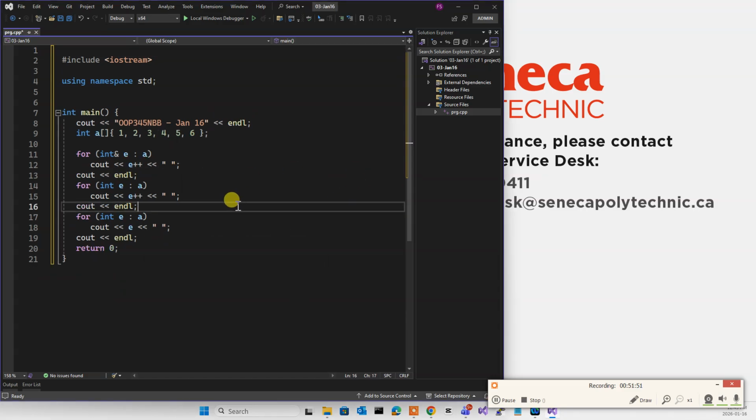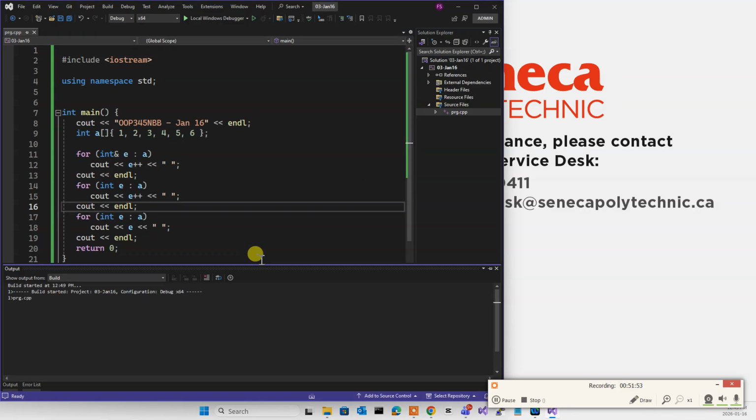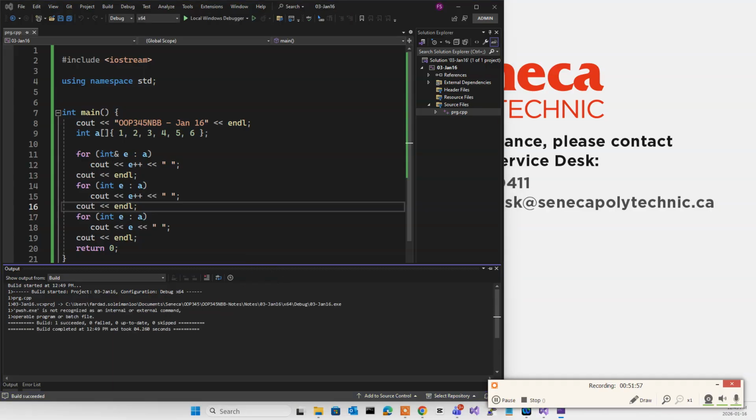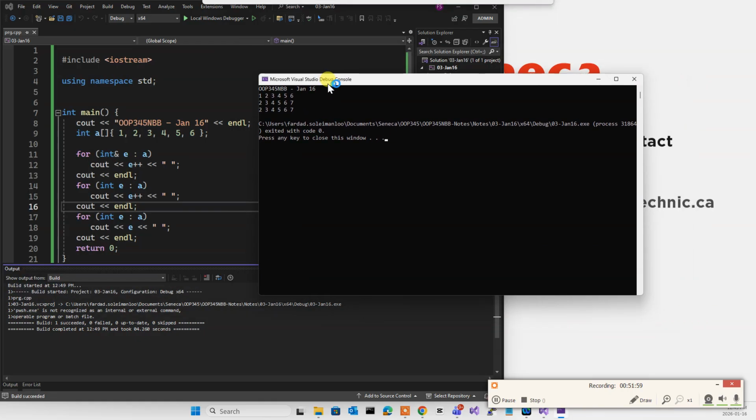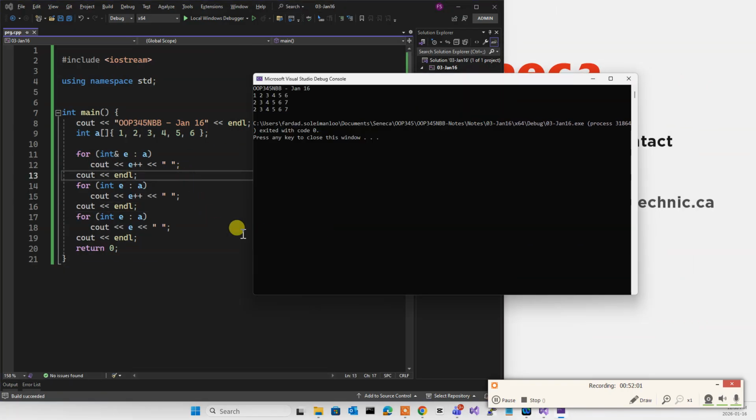One more time. When I run this, this is what happens. Take a look. The first one is actually holding a reference. So, of course, it shows 1, 2, 3, 4, 5, 6 because the addition happens after E is being set to A. But for the next loop, as you see, E is now being set and everything is added by